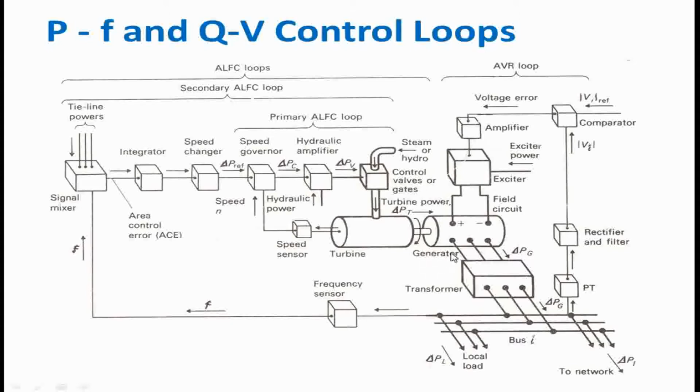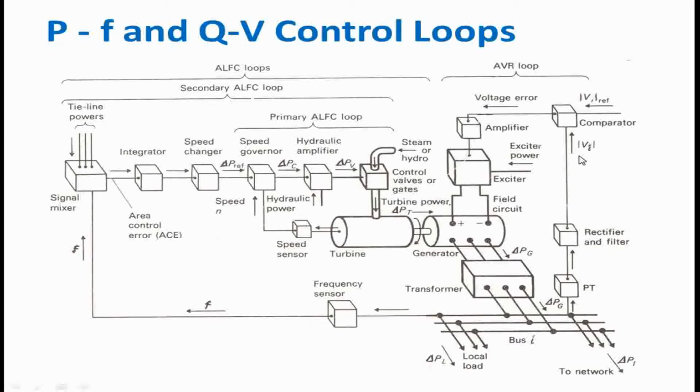Now the generator is just generating the power, and the terminal voltage is being stepped up using the step up transformer available in the indoor switchyard, and it is being connected with the transmission network. Now the potential transformer is connected in the indoor switchyard, and it is sensing the generator terminal voltage. That sensed terminal voltage will be rectified using a rectifier, and the rectifier voltage will contain some AC ripple. In order to remove those AC ripples from the rectifier output, we are using a filter circuit.